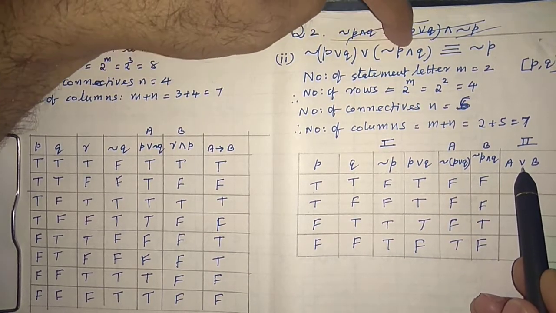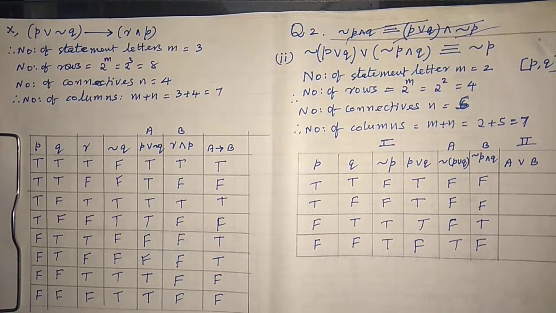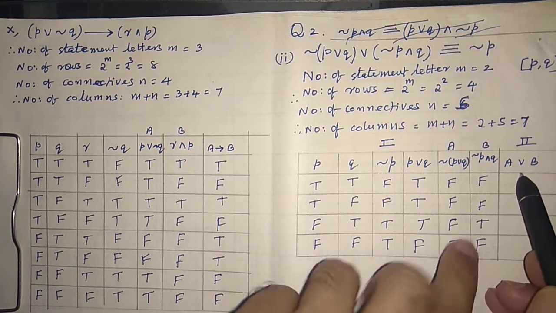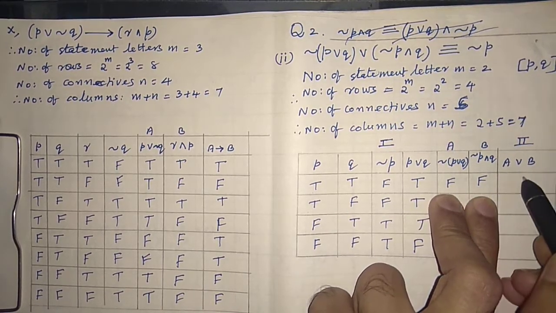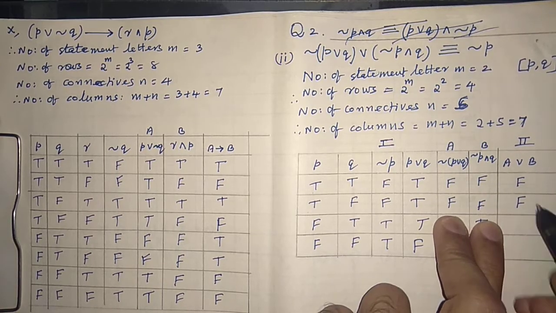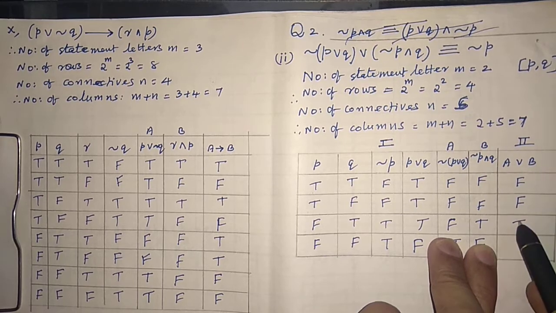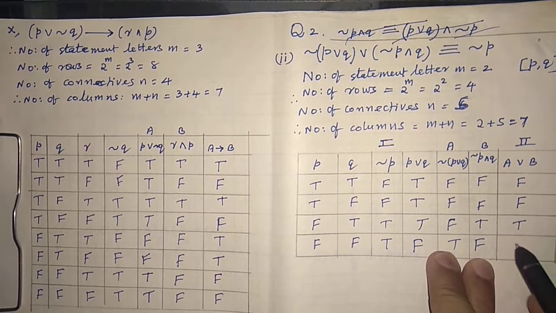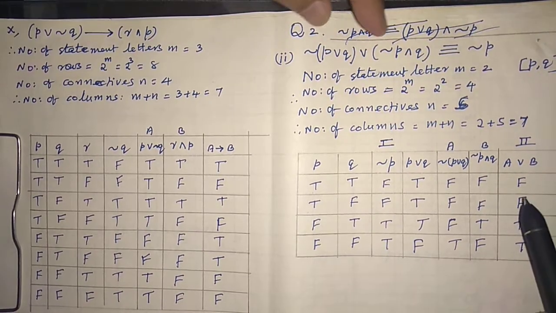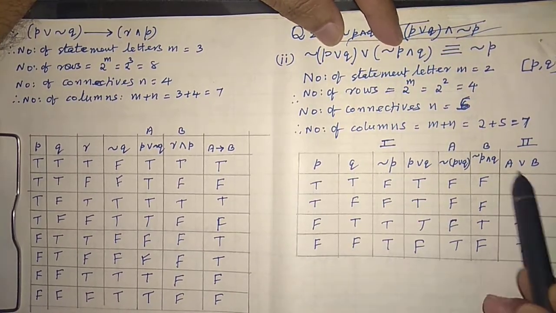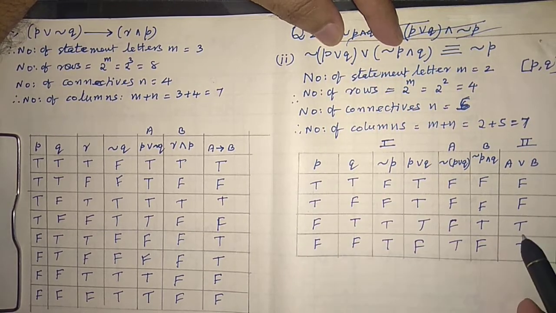Now, this we consider negation of P disjunction Q as A, and this negation P conjunction Q as B. So here we consider these two in disjunction. At least one T, T will come. Both are F, F. At least one T, then disjunction T. Here also at least one T, T. So this is the second one. This second one is the complete left hand side.